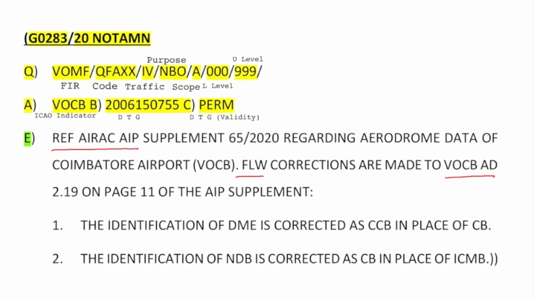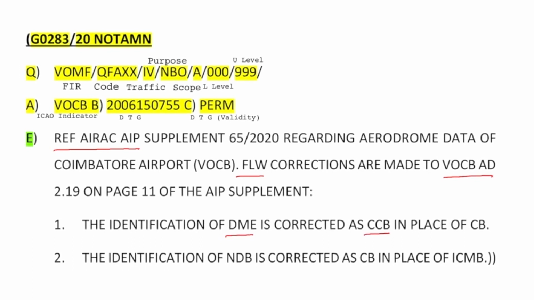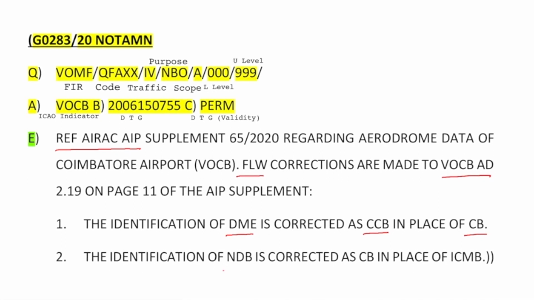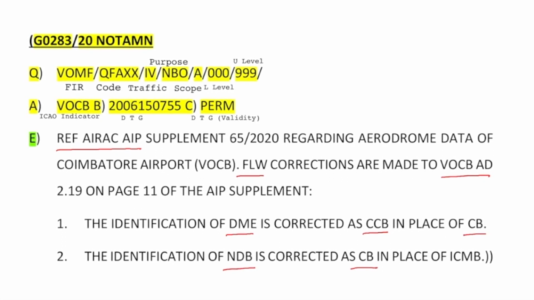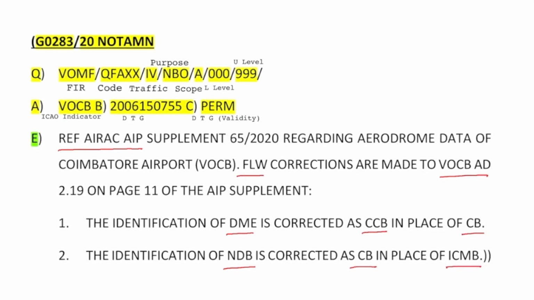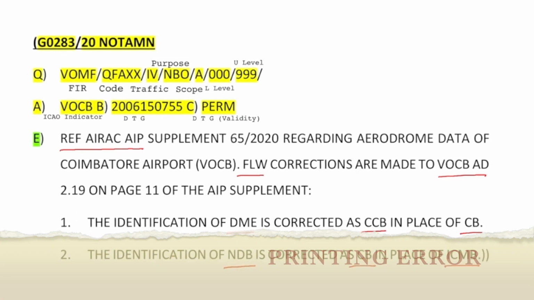First, the identification of DME is corrected as Charlie Charlie Bravo in place of Charlie Bravo. Second, the identification of NDB is corrected as Charlie Bravo in place of India Charlie Mike Bravo. Now this NOTAM text ends here. It appears to be a printing error which is now amended through a NOTAM.